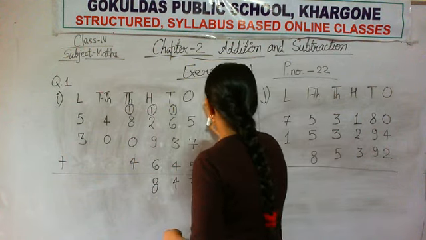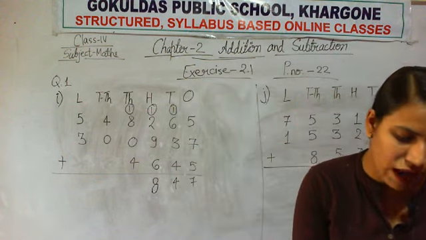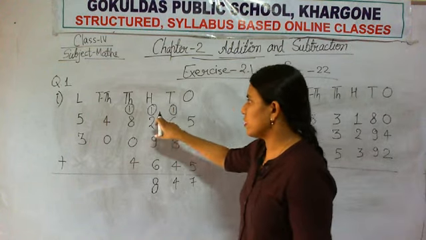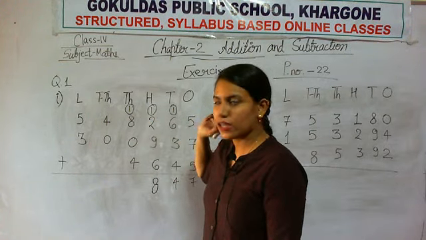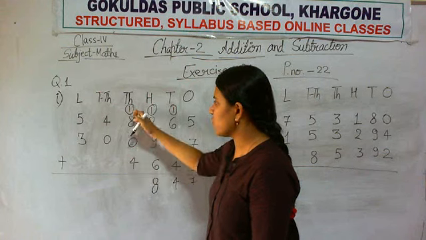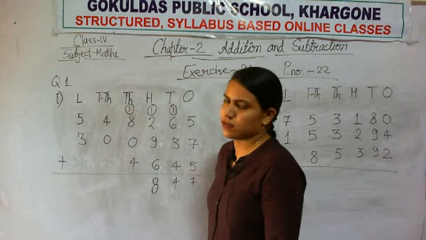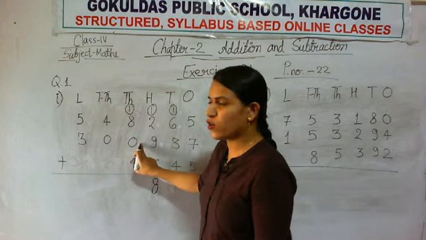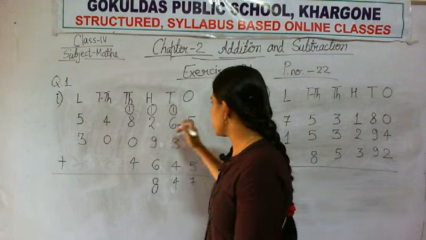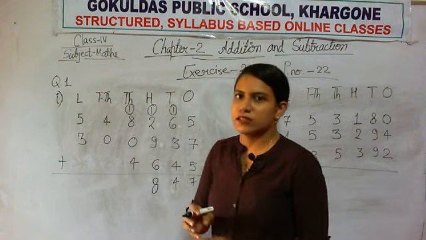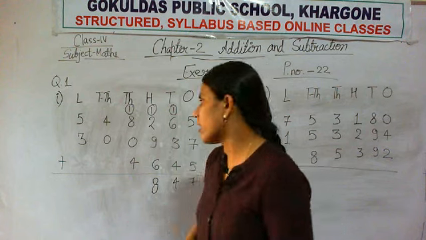In book also you have to show the carries. Now add these 4 digits. 1 plus 8 is 9. 9 plus 0 is again 9. And plus 4. 9 plus 4 is 10, 11, 12 and 13.